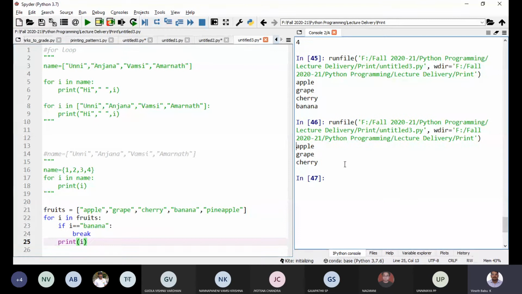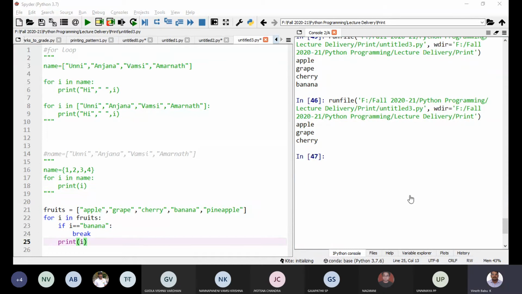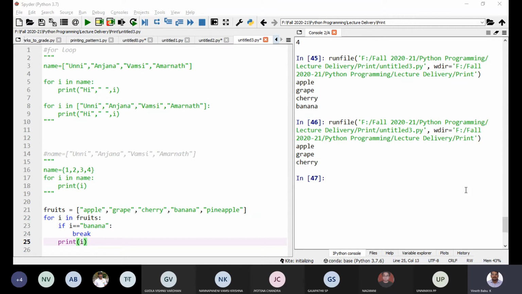This is the output I'm getting. Now can you tell?